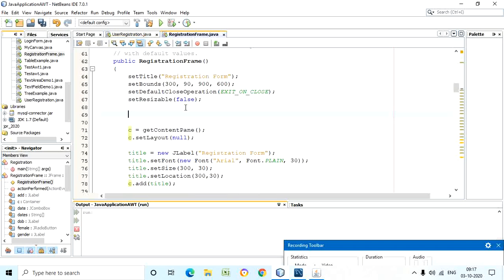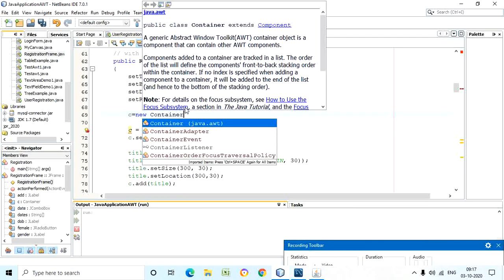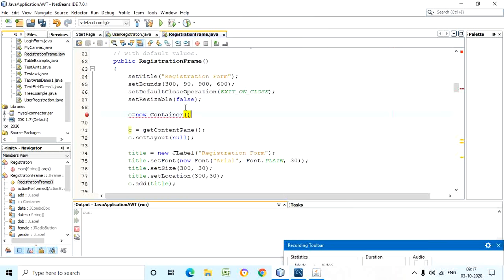For any class, when we want to allocate memory, we use the new keyword, then the class name, and then a default constructor or parameterized constructor. But as far as the Container class is concerned, to initialize memory for an object of a Container class, we don't use this mechanism, that is the new operator and then the name of the class.